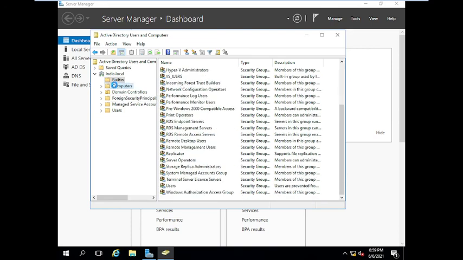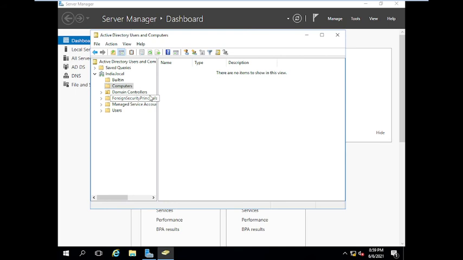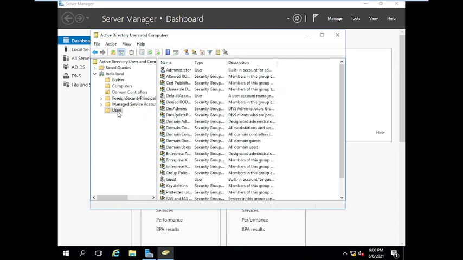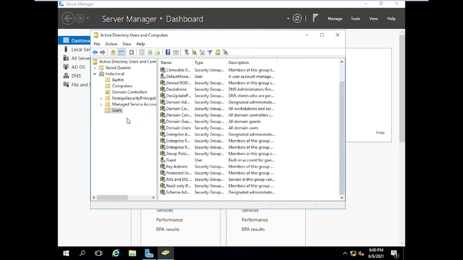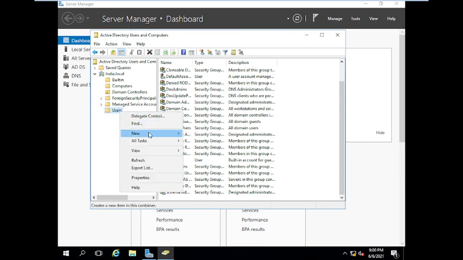There are no computers yet, because if we join any computer to this domain, it will show up in this place. And in Domain Controllers, you can see a single domain controller. If we have multiple domain controllers, you will see them here. And in Users, you can create users. Right click,